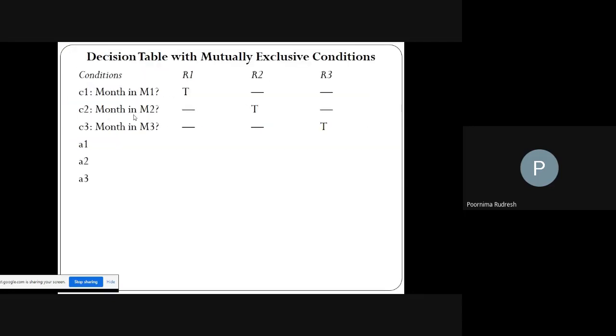Okay, next we'll move on to the decision table for the next date function. Here we have the conditions and the actions. The leftmost part indicates the stub part and the right side part indicates the entries for the stub. The stub part once again consists of two parts. One is called the condition part and the other one is the action part. The condition part is nothing but inputs and the action part indicates the output.